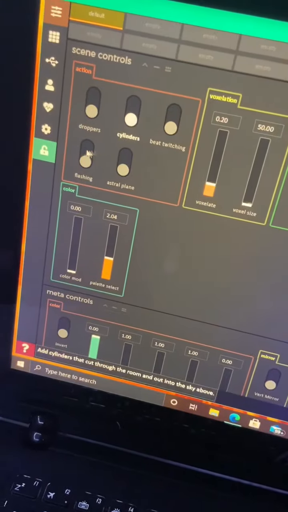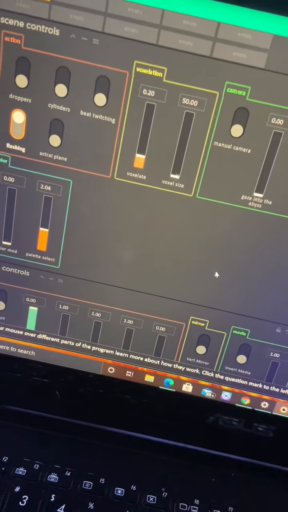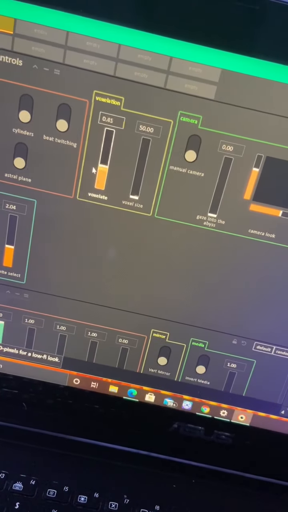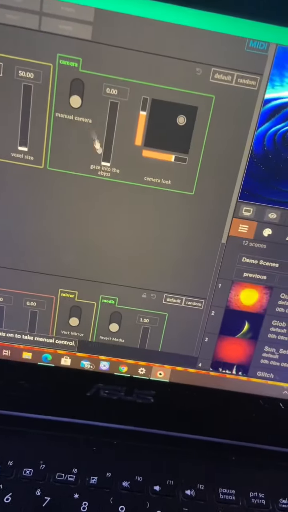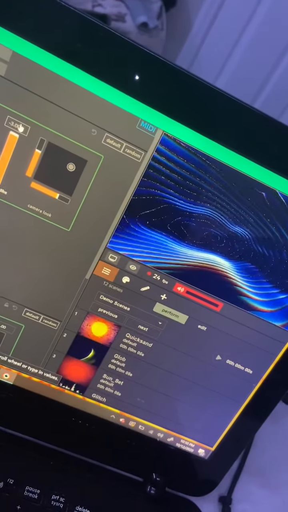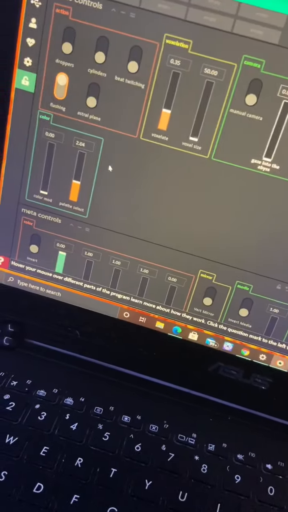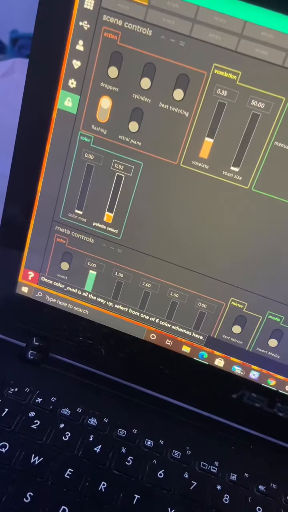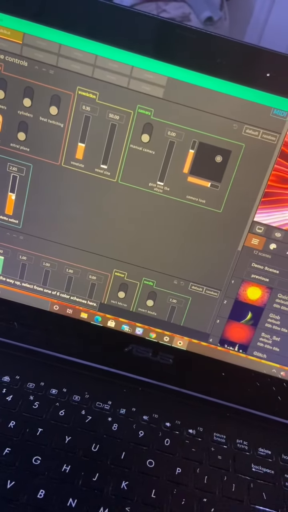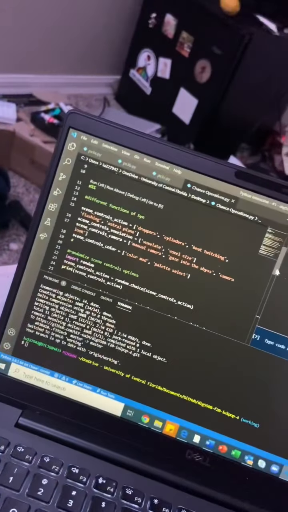So we're going to go over here and we'll turn on flashing, and then we can mess with this as the music's going. We can also mess with gaze into the abyss, which just moves it a little bit. And then we'll also be able to play with palette select, and everything else we're not going to touch, so that'll be our constraints. And then we will go over here and